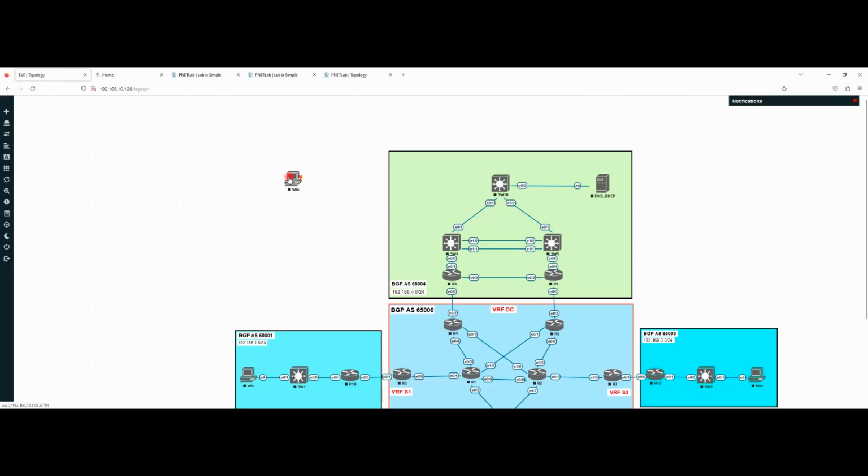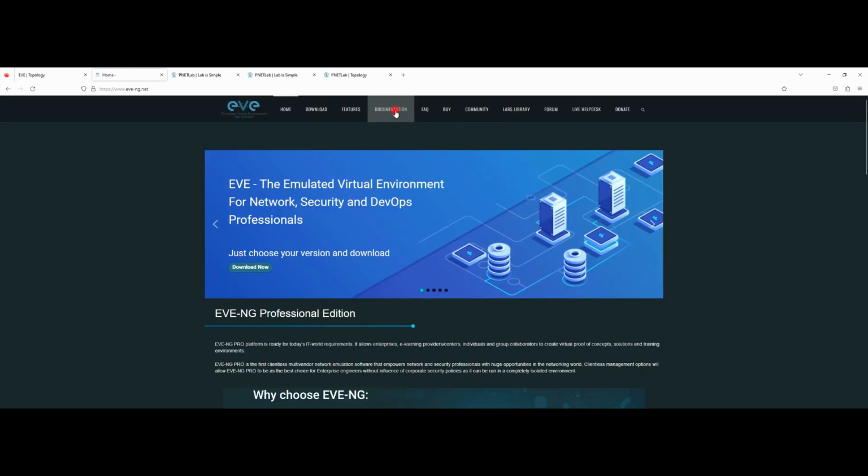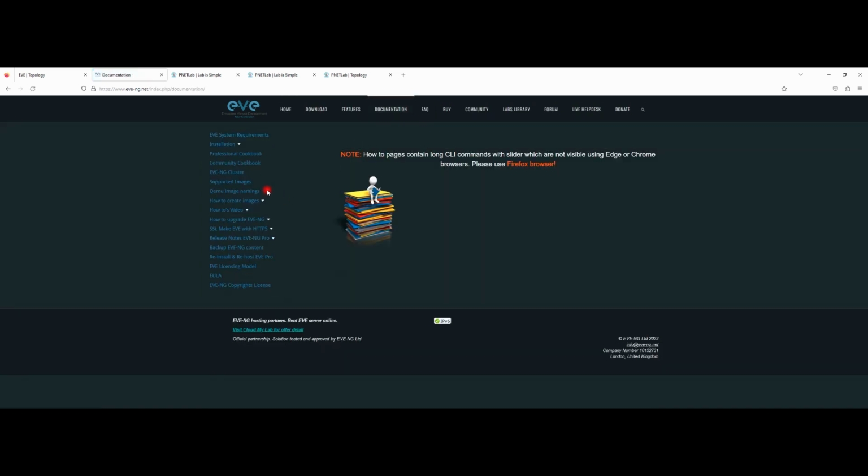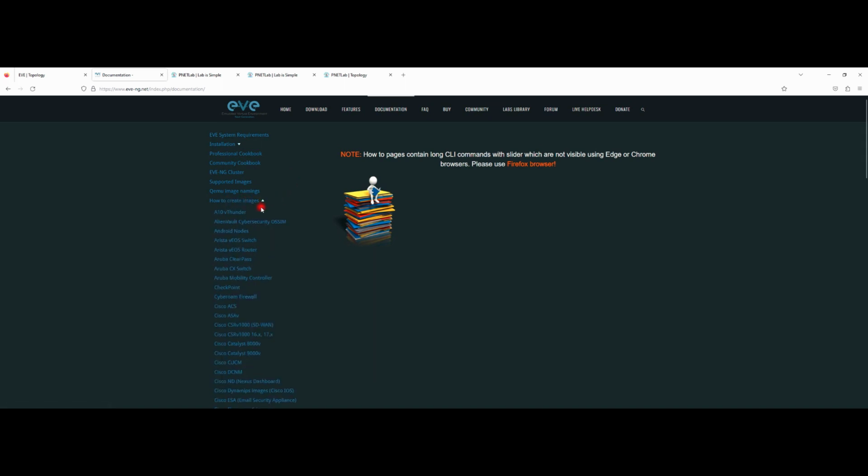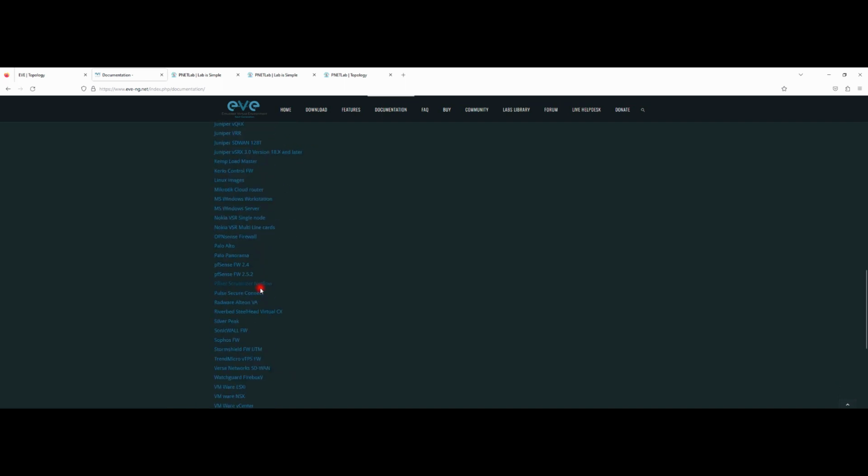Actually, EVE-NG has an option to do that. I can show you here in the documentation. The documentation shows how you can export that configuration. You can see here how to create images, and if you go to Microsoft Windows,